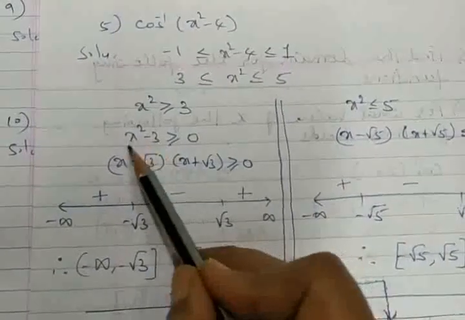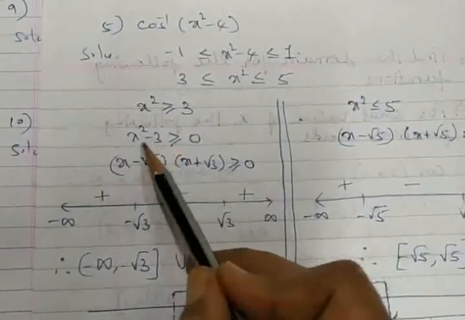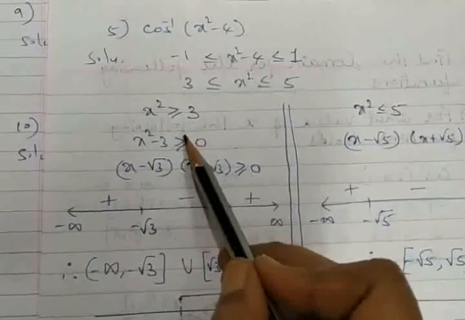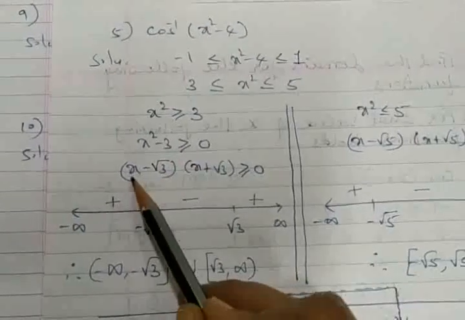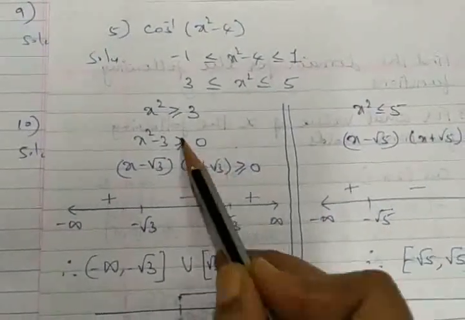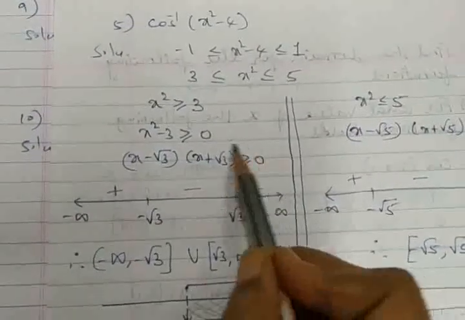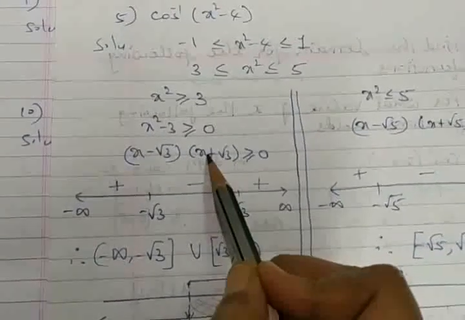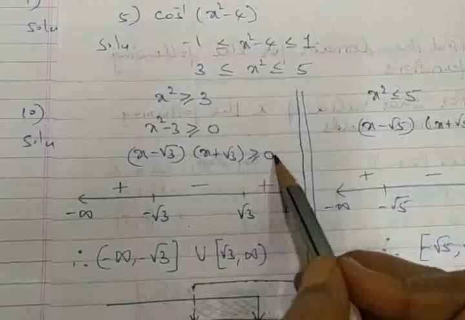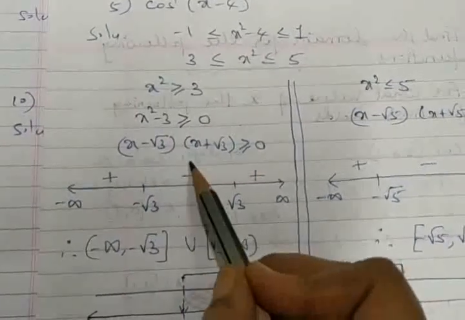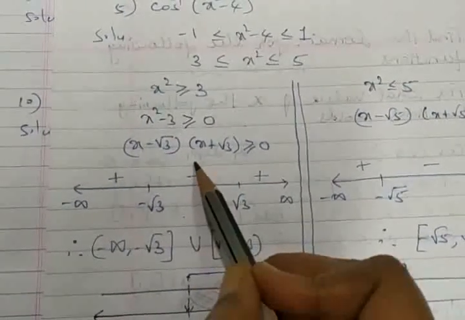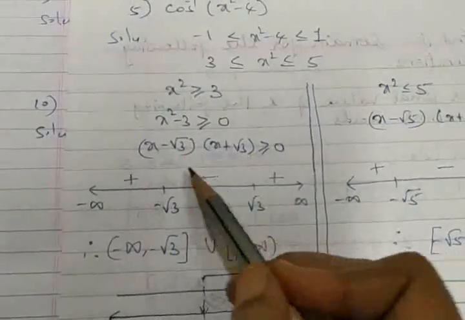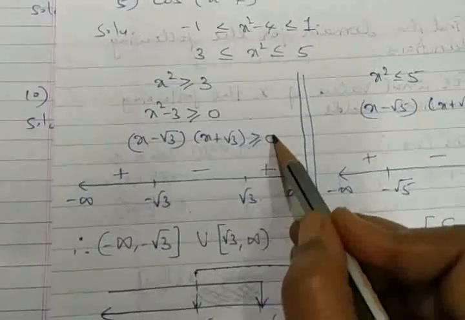And I find the factor is a square minus b square. So we are left with a minus b, root 3 has to be taken whole square, which resembles a square minus b square. So we have x minus root 3 as well as x plus root 3 greater than or equal to 0. Now this inequality has to hold, and that value of x is required for us. Got it? Where it equals 0, we get the turning points. Of course, this concept we'll be discussing in one more topic called application of derivatives, that is increasing and decreasing functions, where you speak about the sign. Right now I should say it is equal to 0.